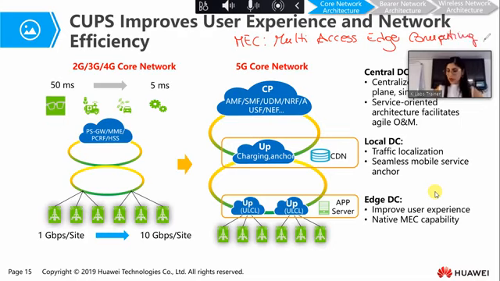With multi-access edge computing, basically, we are able to move closer to the access network. We can move the user plane function, so we can move part of the core network. We can move the content that we need closer to our access network, and we can also move the computational part closer to the access network.